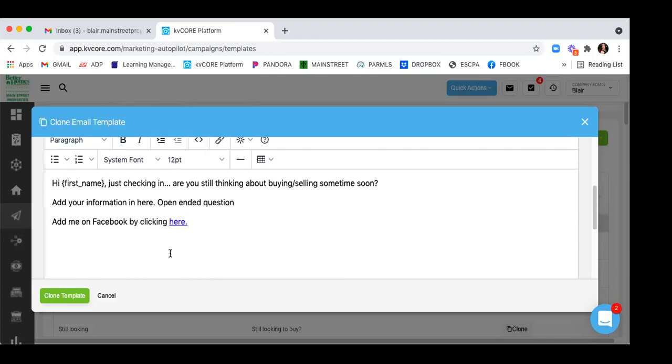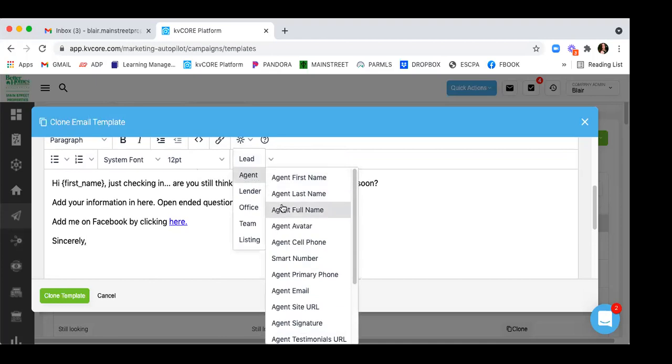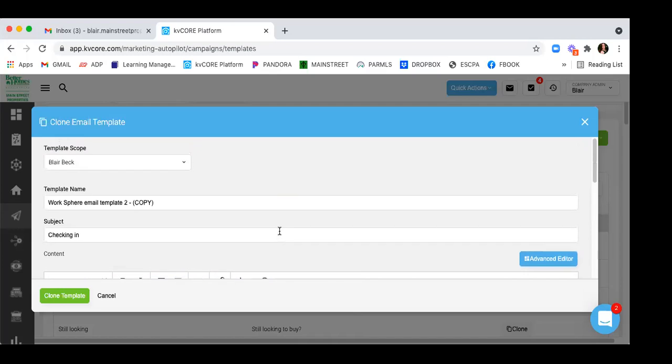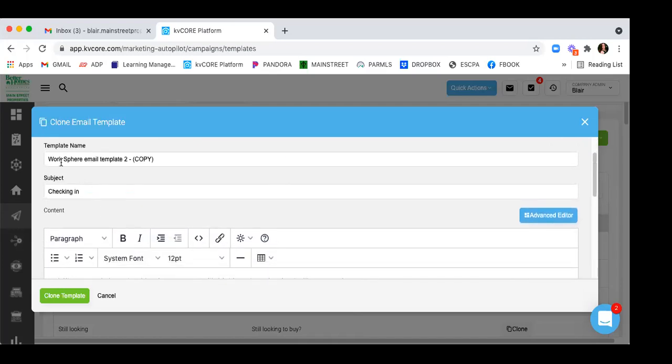Let's say I want to say, yeah, I'm going to be formal because that's all I can think of. Sincerely, and then I want my name to go in. I'm going to click my merge tag again, and there's my agent information. So very easy. Once I'm done editing everything,